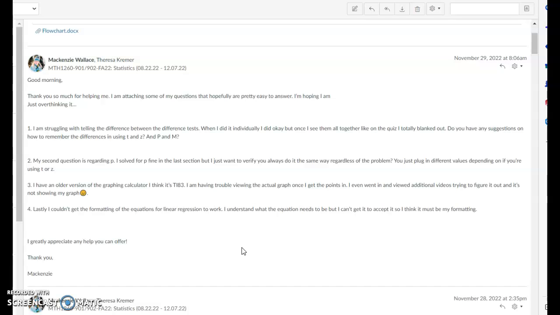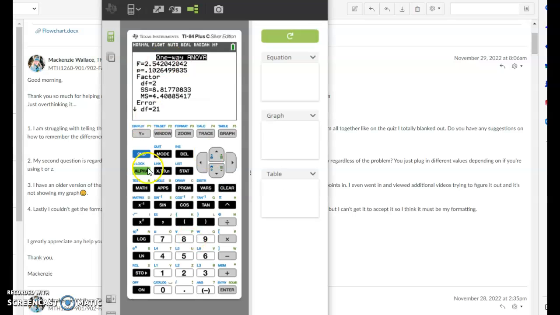First, I'm going to skip to your graphing questions because I think those will be the easiest to solve here. So 3 and 4. You said you're having trouble viewing the actual graph on the calculator. And without seeing your calculator, I don't know exactly what the problem is, but